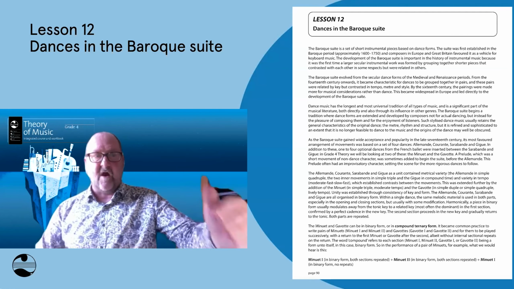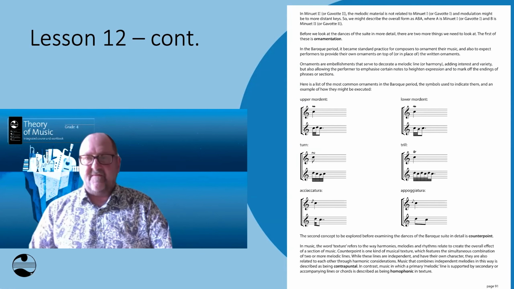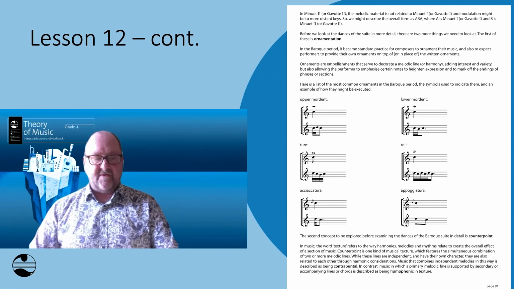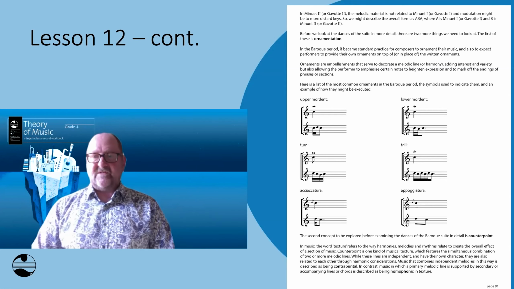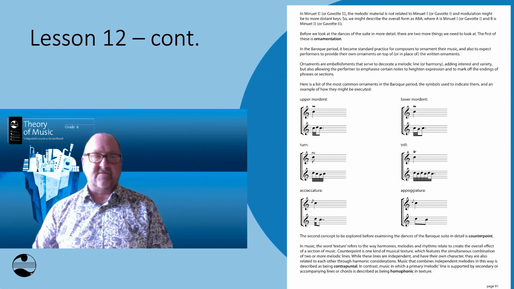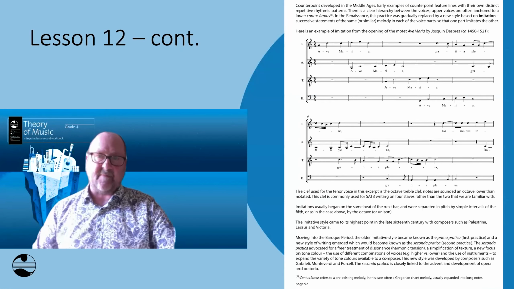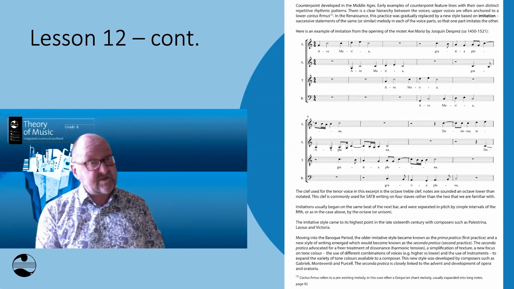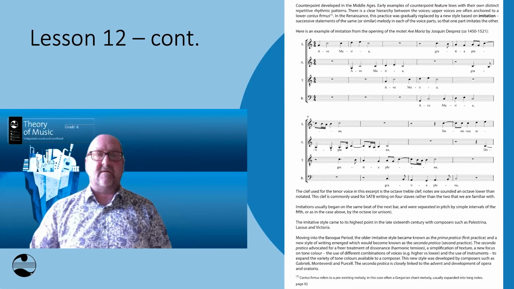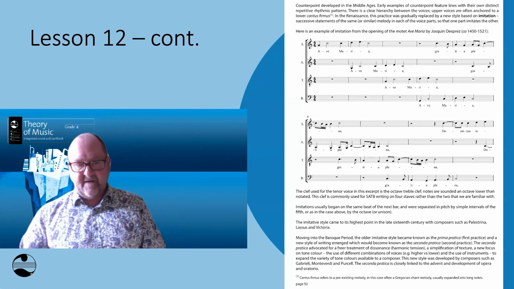So if we go on to the next screen, here's just a little diagram of common ornaments in the Baroque suite and how they would be played. And of course, I know that teachers will know that some of these ornaments can be played differently. This is just a general suggestion. If we go on to the next screen cap, this is just a little example of imitation that you might want to go through with your students, just to show how composers in the Middle Ages started to use imitation from one voice to another.